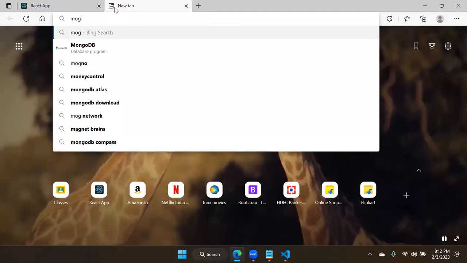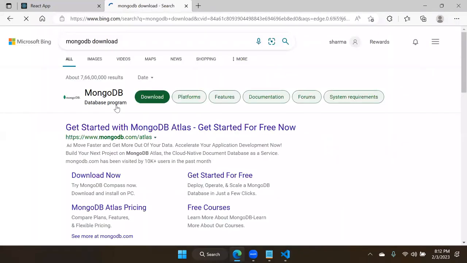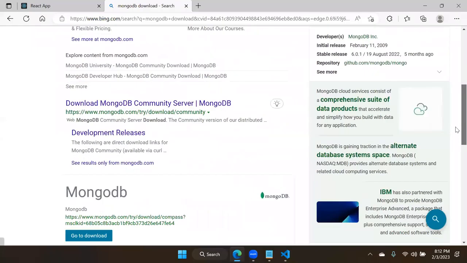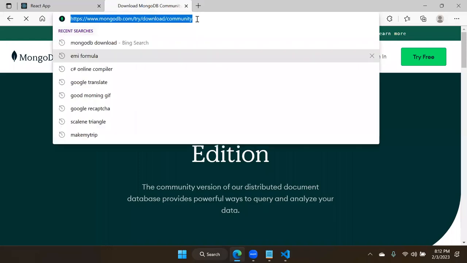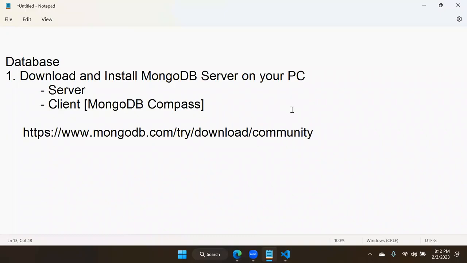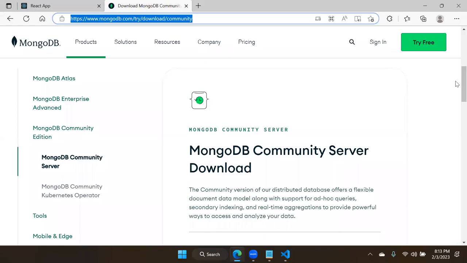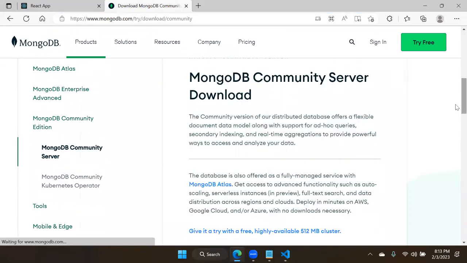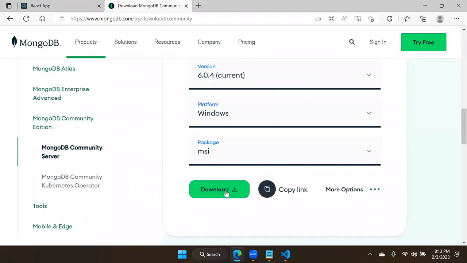This is the MongoDB download link. Actually, you need MongoDB Community Server, directly this one. I will copy this URL. So this URL, you can directly get it from here. You see, MongoDB Community Server is there. You can download that MongoDB Community Server. Just like you did your Node.js, you can download and install. And once you download MongoDB server,